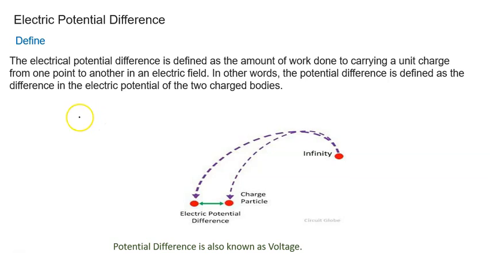Now, suppose we are moving a charge of Q coulomb from point A to point B and we are doing the work W. It means in moving a 1 coulomb charge, the work done will be W upon Q. This W upon Q is known as the potential difference, and the symbol of the potential difference is the same as the potential, that is V equal to W upon Q.